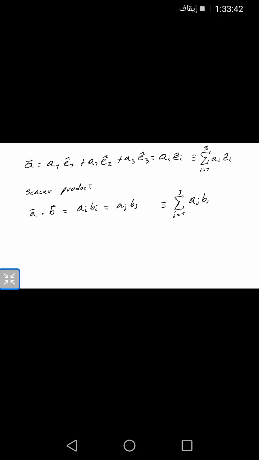Or using the basis vectors, this scalar product can be represented by the following notation like this. Dot